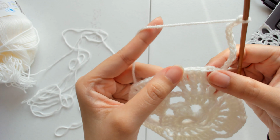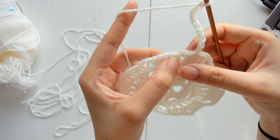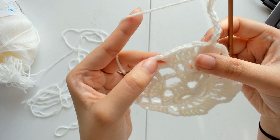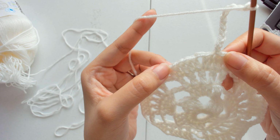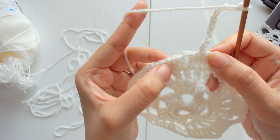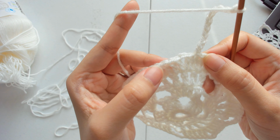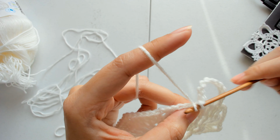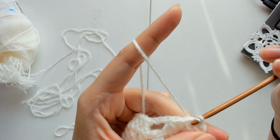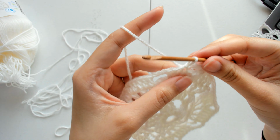And from here, we're going to attach our chain 12 on this side again. But if you need to count, we're going to do 3 more slip stitches. If you need to count, you can count from the end. So here's 1, 2, 3. Insert your hook into the third one. So here's 1 slip stitch,